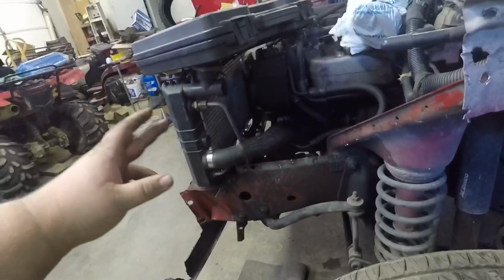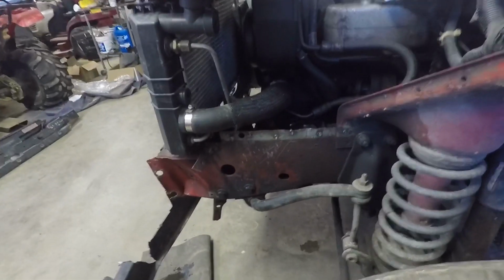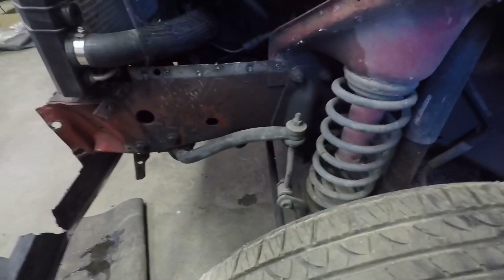Okay guys, so we filled the radiator up full with some distilled water I had over here, and so far, I mean, that's from pouring it. But like I was saying, I have a little bit right here from where we were pouring it, and there's a little bit right there that's been there since we worked on the Hyundai, but there hasn't been any leaks out of it. It's been probably a solid hour maybe, and while I've been working this piece out and working out this little place right there, it's a little low,